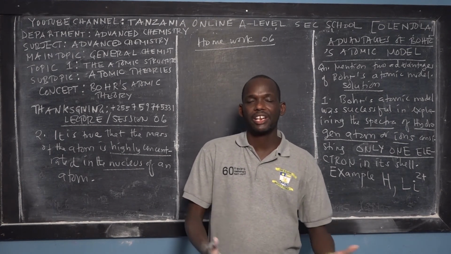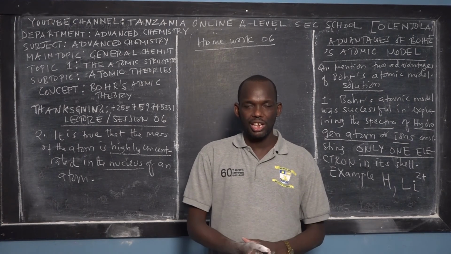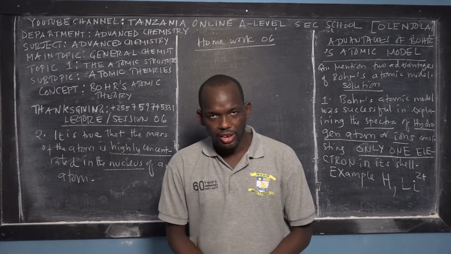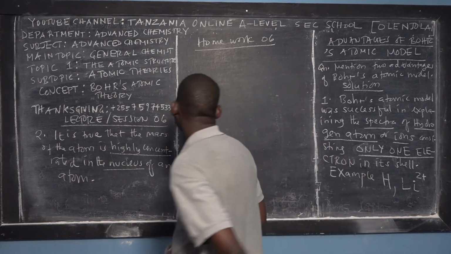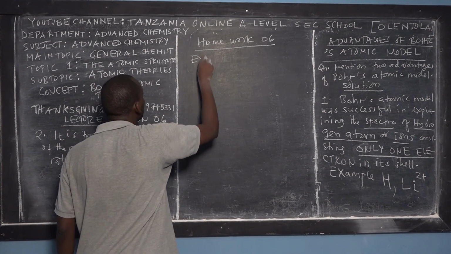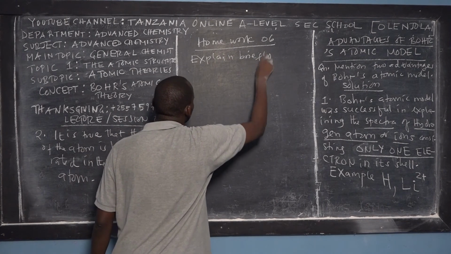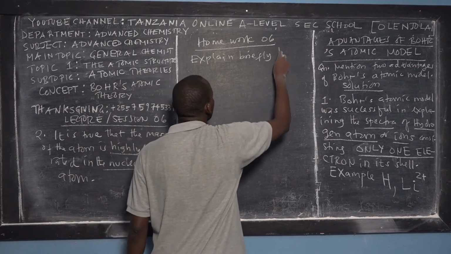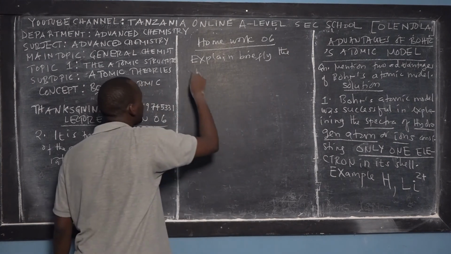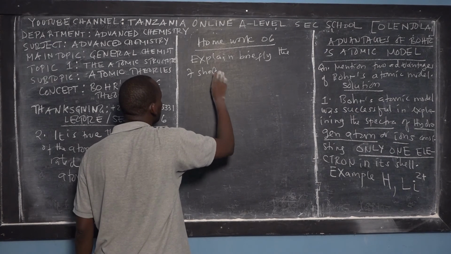That's the work I want from you right now, because this is lecture 6. My intention is to teach you to think differently in chemistry problems. So now the homework is this one. Explain briefly the 7 shortcomings